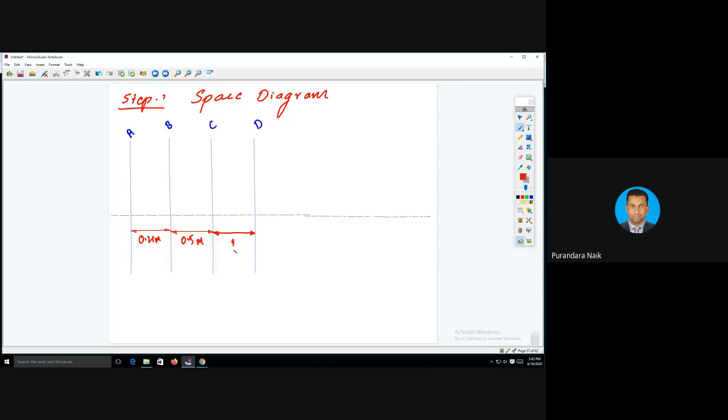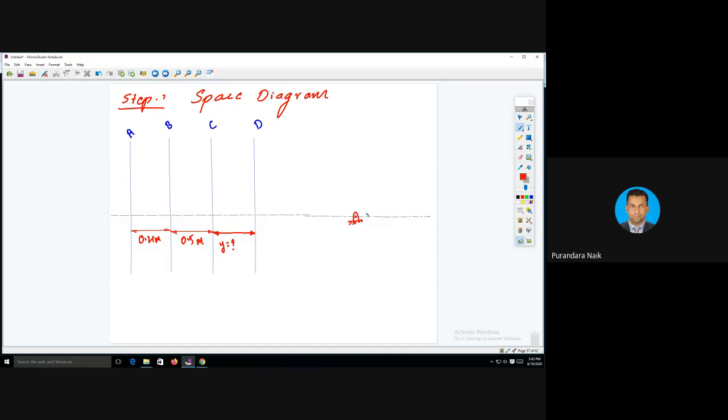What is the distance? Let us take this as y. y is equal to what? We need to find out the distance between C to D. After this, there is no other data related to this front view. Let us go to the side view. This is the side view. We'll mark a point here.